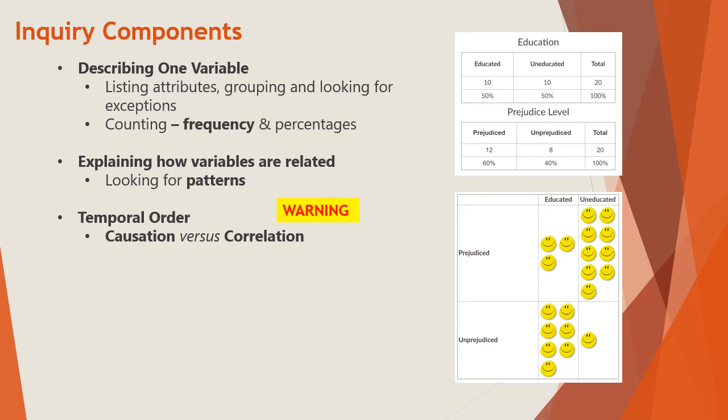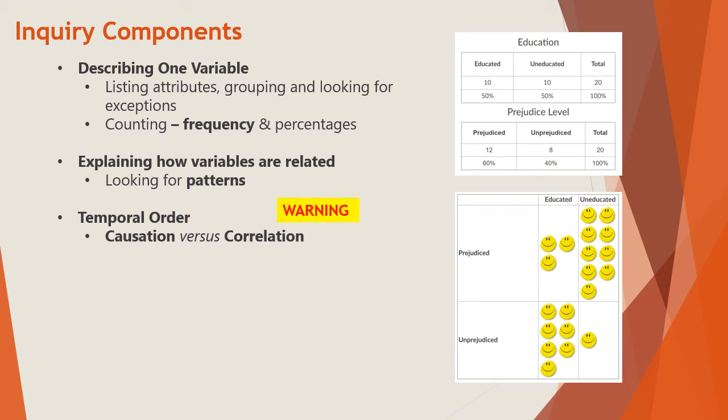Maybe it's whether you grew up in a rural versus an urban environment where you might have been exposed to a lot more people and from a lot different places. Whether you moved around geographically. There may be a lot of different things, and also the type of prejudice we're talking about. Is it religious prejudice? Is it racial prejudice? Is it ageism? So you have to be really careful about this causation versus correlation.